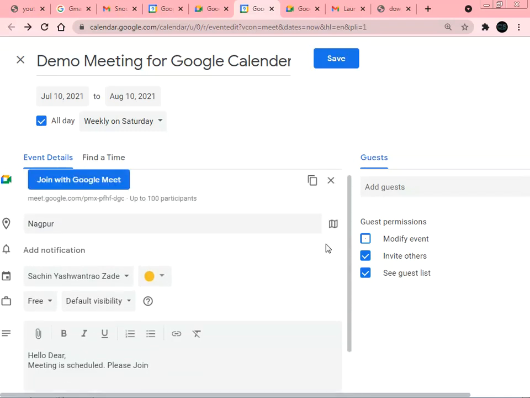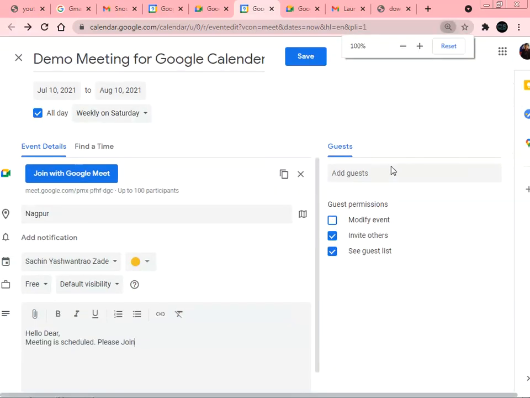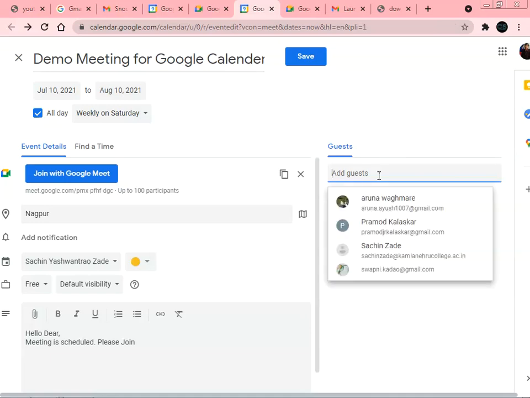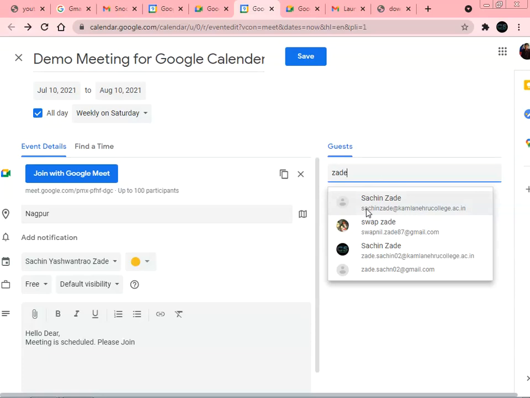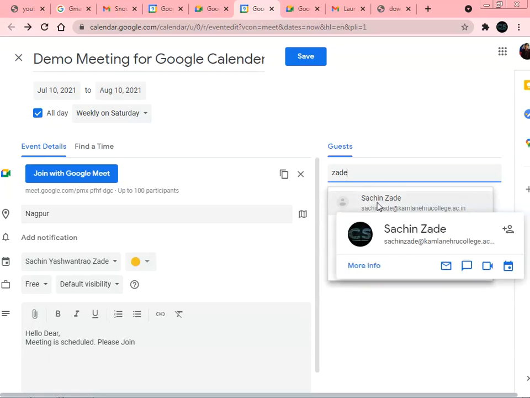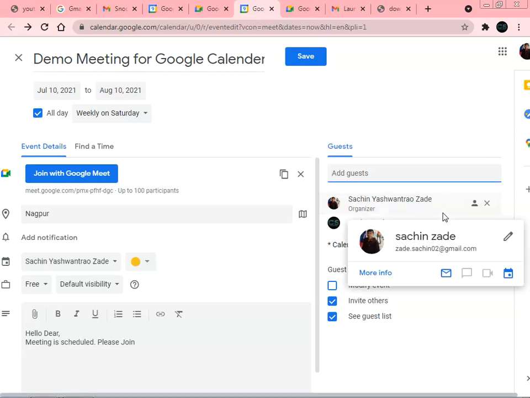So in the right side we are getting this guest. In the guest option you can add the mail IDs, not the name. You have to enter this mail ID. So I am entering my mail ID, that Sachin Dhade at kamlanehrucollege.ac.in. So this will be added here. So this means that this is one of the participants of the meeting. So you can enter your participant list here.